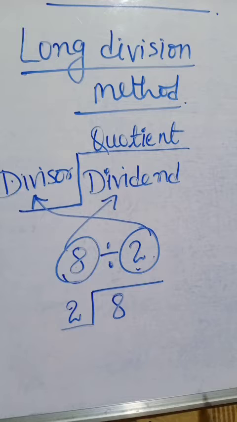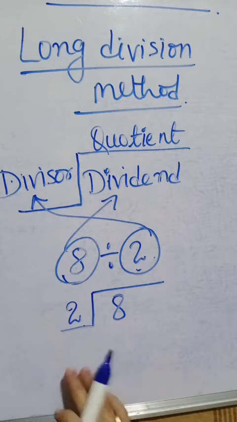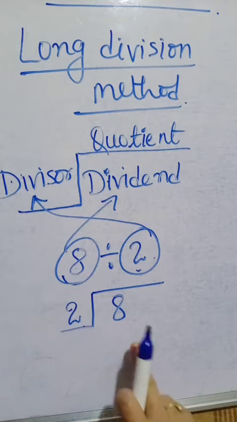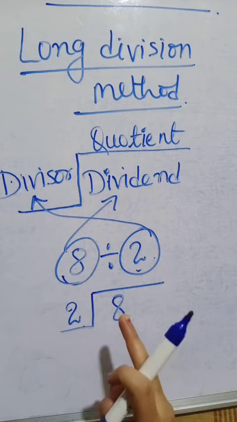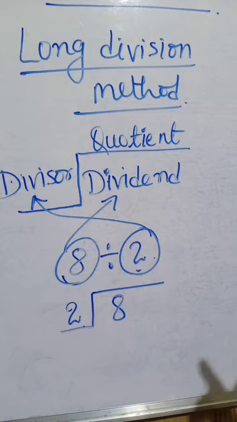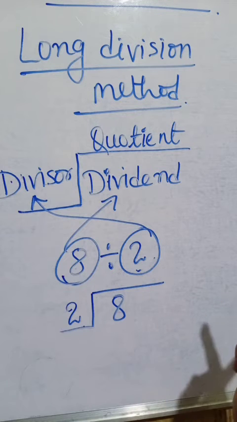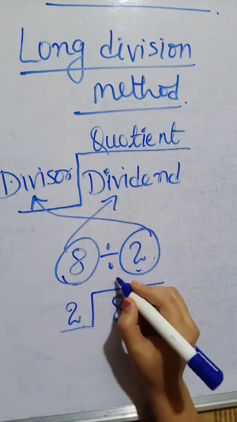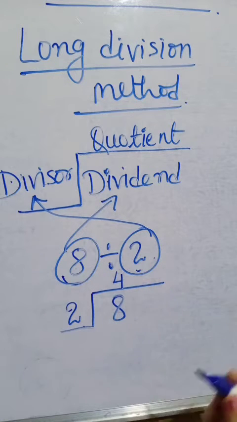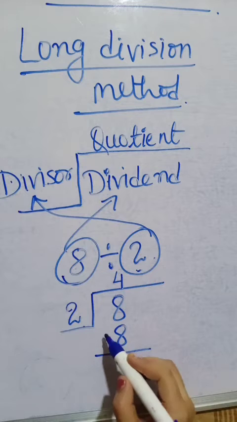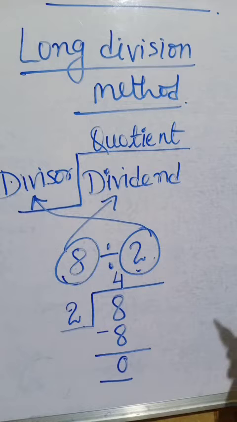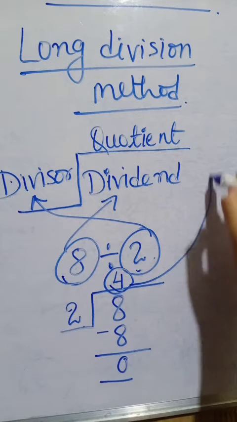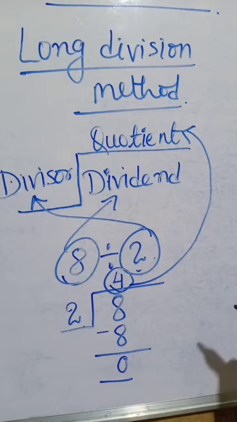Now we have to read the table of the divisor, है ना. So in the table of 2, where will 8 be there? You have to read the table of 2. How? 2 1s are 2, 2 2s are 4, 2 3s are 6, and 2 4s are 8. 4 times 8 will be there. So 4 times it will divide equally, means 4 times पे it will be divided fully. Then you have to subtract, 8 minus 8 is 0. This is the long division method, and you have got 4 as the quotient. 4 is the quotient here. I hope everybody understood these 3 terms.